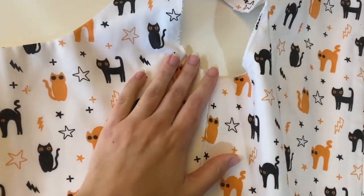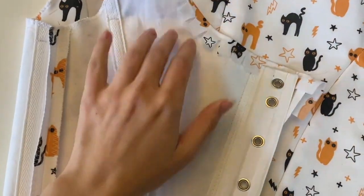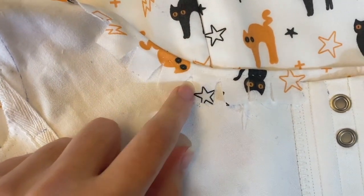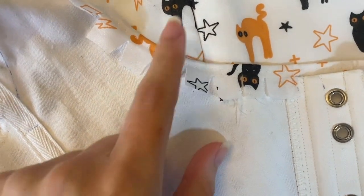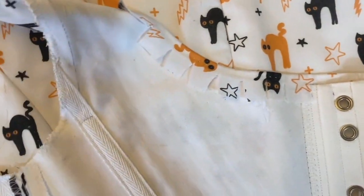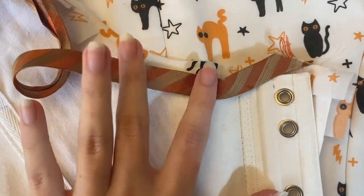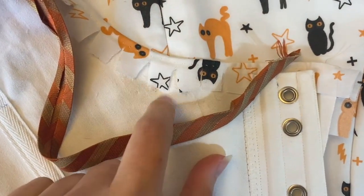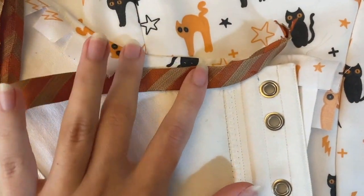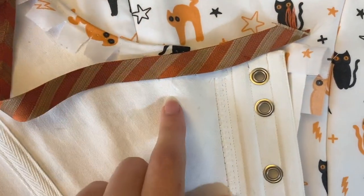And I've done the armhole, also just a zigzag, and now I've started on the neckline. So I've started similar to the waist. I just folded the top fabric over and stitched it down, and I'll just be covering that with the bias that I made. So I will need to trim this back. This is a little bit long still, but that's the general idea. I will probably just be hand sewing that on both sides because, again, I don't really want any stitches going